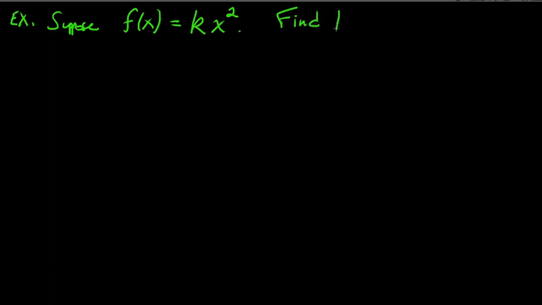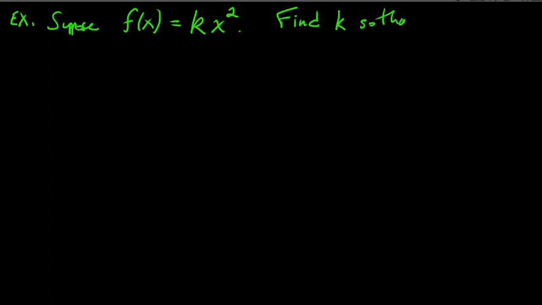So here's the example. Suppose f of x is equal to k times x squared. And we don't know what k is yet. In fact, that's the question. We want to find the value of k